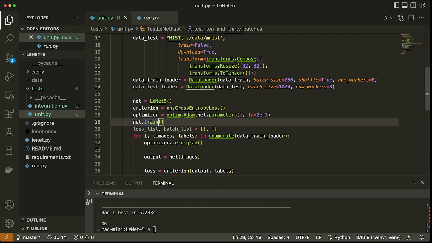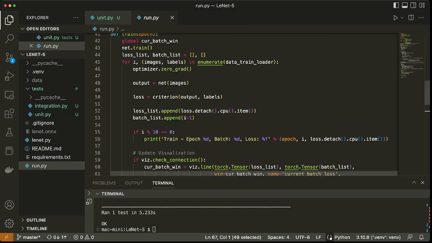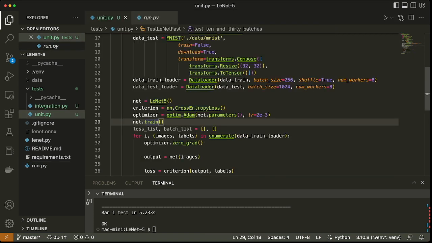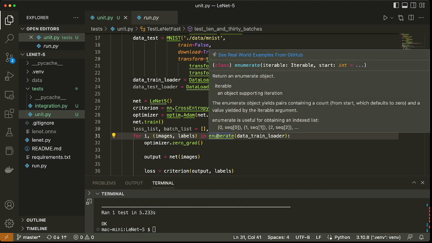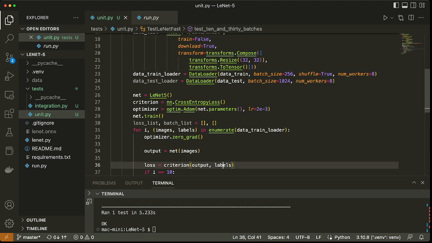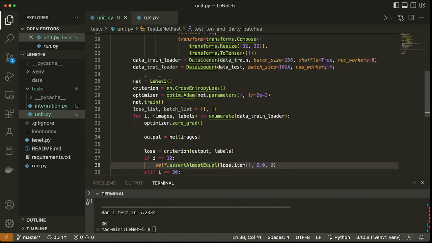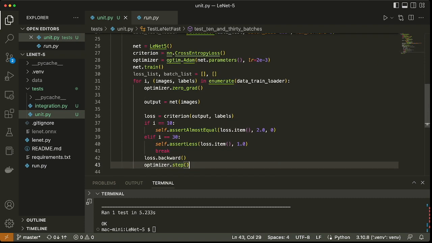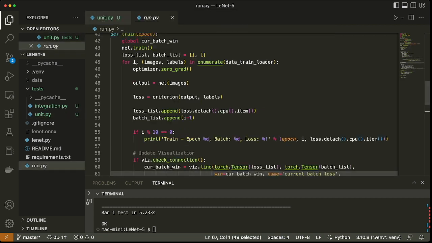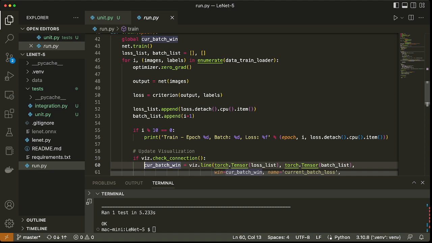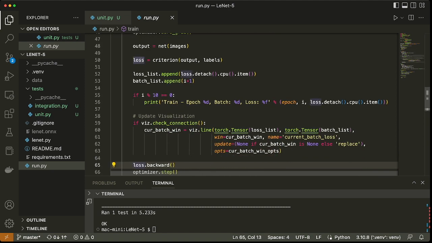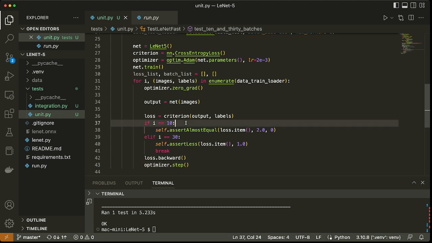Then I copied code out of the train function over here that iteratively extracts a batch of training data, computes the loss, and performs the backward pass. I excluded the code that prints out progress after every 10 batches, and I also excluded the code that sends data for charting to the Visdom server. Instead, after the first 10 batches,